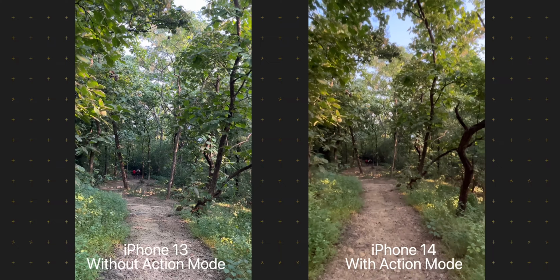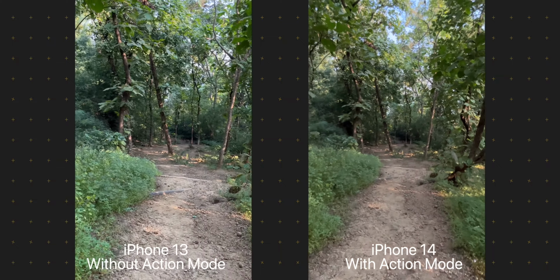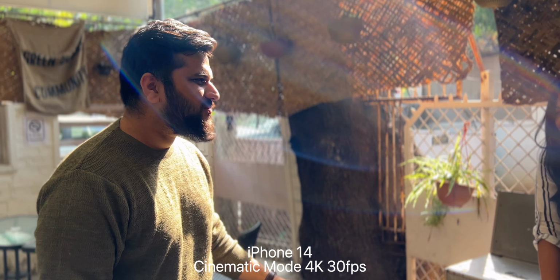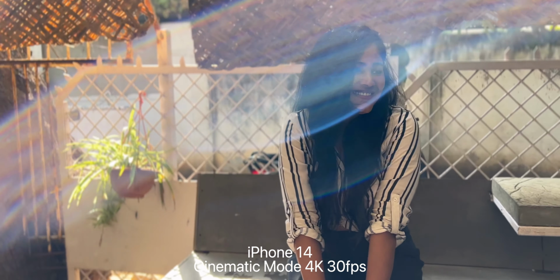iPhone 14 also gets some new features like the action mode for rock steady video at 2.8K resolution and the ability to shoot cinematic mode videos in 4K resolution. Cinematic mode is just like having portrait mode but for shooting videos. For a lot more image and video samples from the iPhone 14's camera, you guys should definitely check my detailed